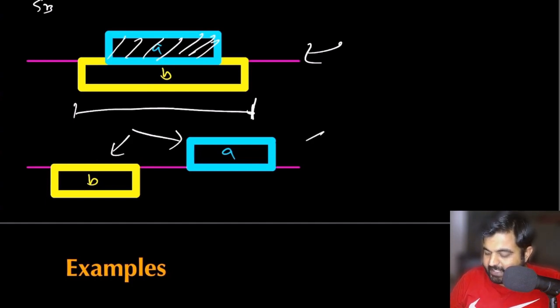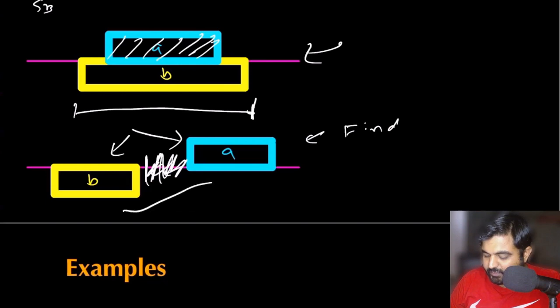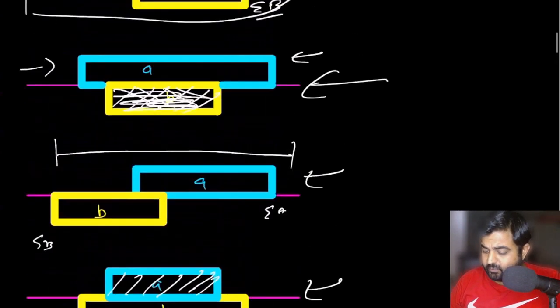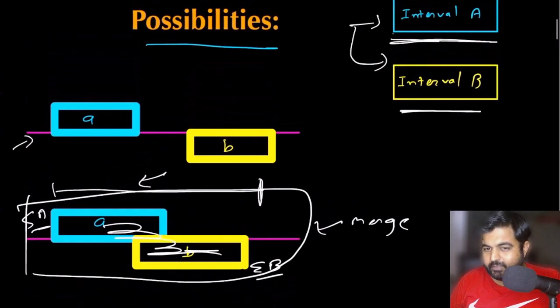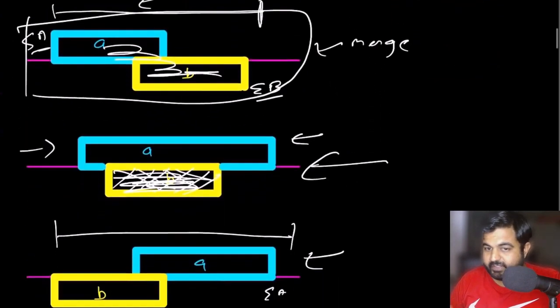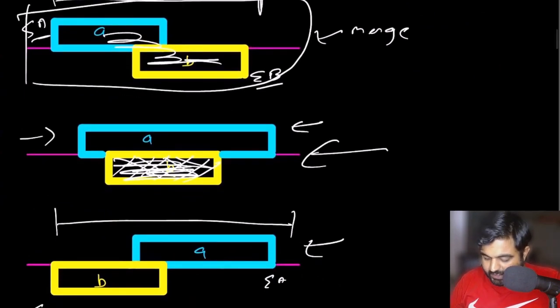And if we are being asked to find an empty spot, we can easily find an empty spot between these two portions for these two intervals. So these are just a few of the possibilities that you will have to deal with. And when I say few, I mean all the possibilities that you will have to deal with, because there are only 6 things you can do with any two intervals.